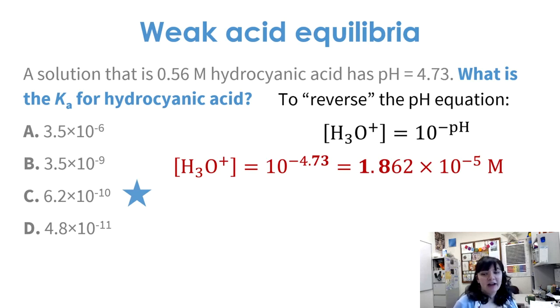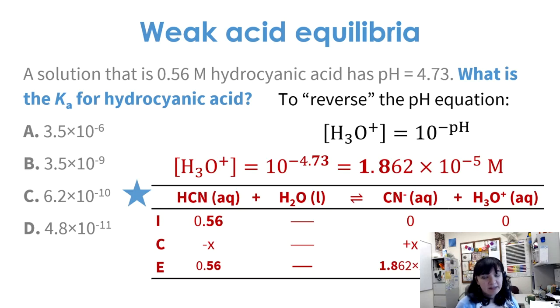Now this concentration that I have right here of 1.862 times 10 to the minus 5 molar is not my initial concentration of H3O+. This is the concentration after the solution has already equilibrated. That's really important to note when thinking about the pH of a solution. It's always going to be after the dissociation has finished, whether that be a strong acid completely dissociating or, in this case, a weak acid partially dissociating. So this 1.862 times 10 to the minus 5 molar is the equilibrium concentration of H3O+,